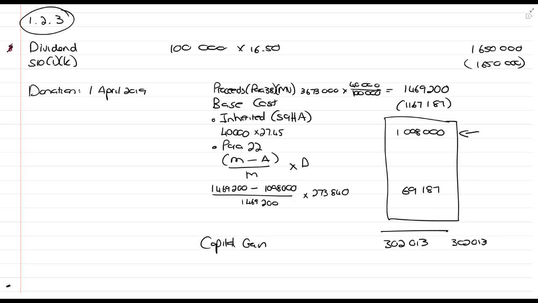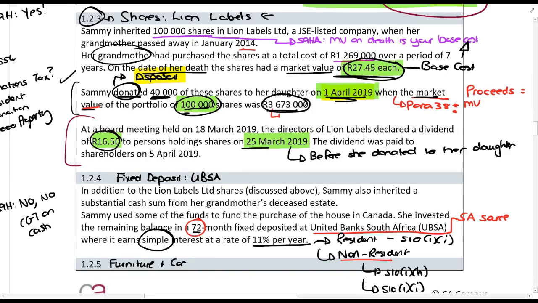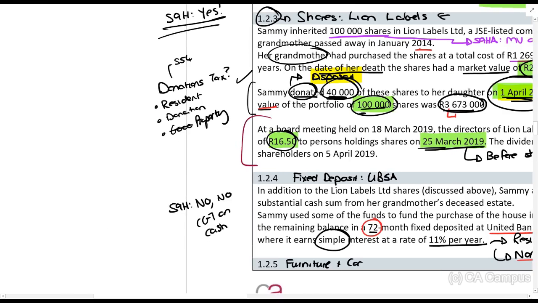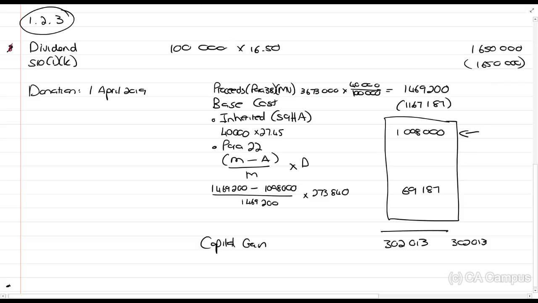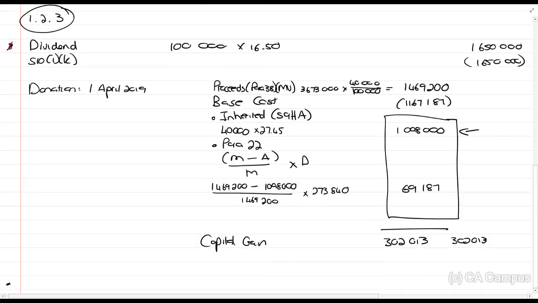Right, then what else happens? So now she's disposed of 40,000 shares on the 1st of April. So she still has 60,000 shares that belong to her. What happens to her next? She then gets a dividend, which we've already seen. Well, the dividend actually happens before that, so sorry. So she still has 60,000 shares. What happens then? Section 9H takes place. So she needs to be treated as if she sold those shares at market value.